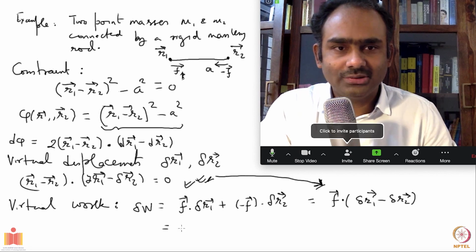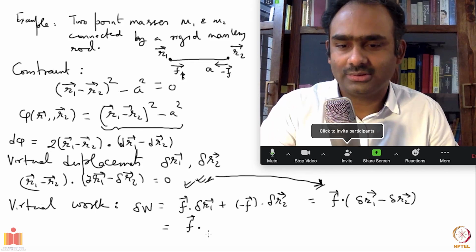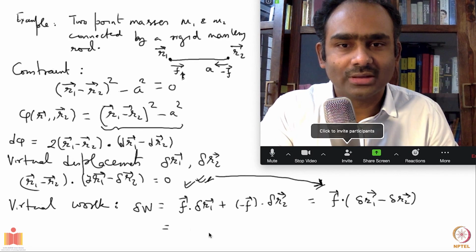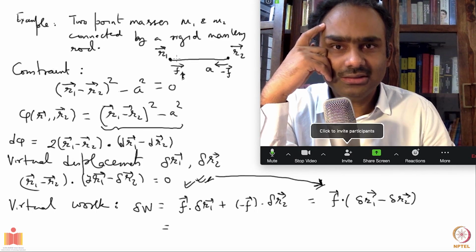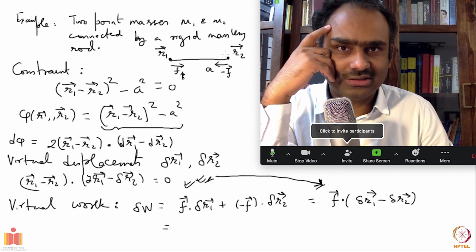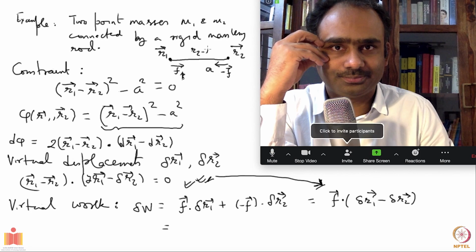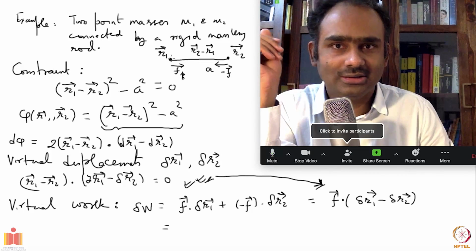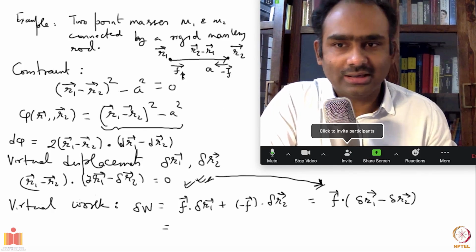So this becomes F dot. Yeah, before I do that, let me, I jumped a little bit. Up to here it's good. Now let's look at the force. The force is in this direction. Okay, and what is this direction? This is just the direction of R2 minus R1, right? This is R2, this is R1. If you subtract, that's this vector. So our force F,